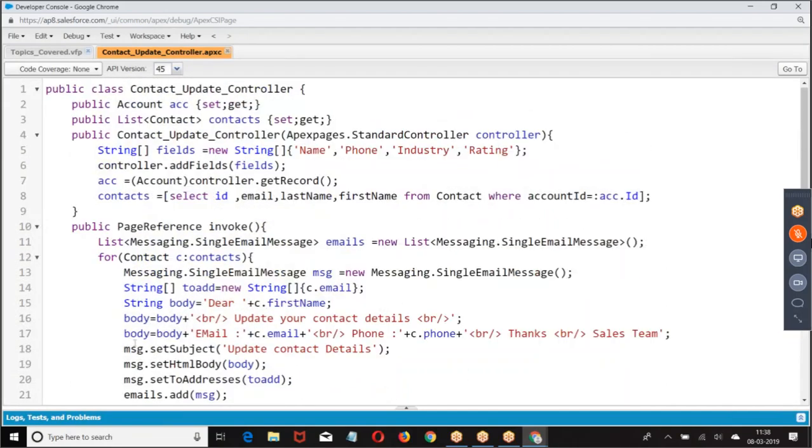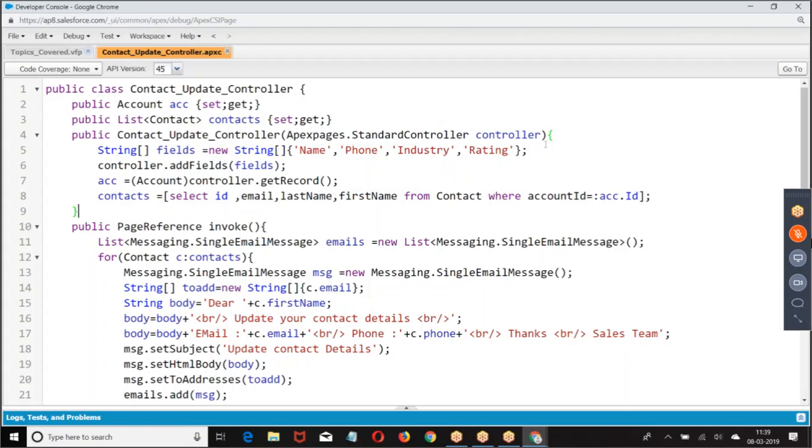Followed? Right. Now, line number 5 to 8. What did I do in this case? Whichever record you are referring to, only that record ID will come. If you want any other fields apart from ID, add those fields to the controller. Controller dot add fields. Then I said get the record with the following data. Then we got the corresponding account record. Then for that account, whatever contacts we have, we fetch them. Was that clear for everyone? People followed? Clear?